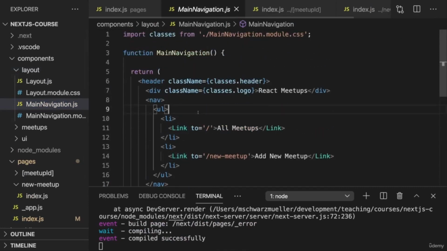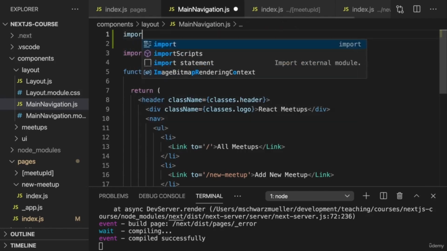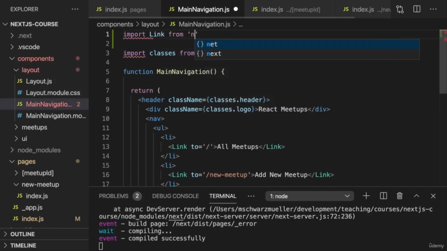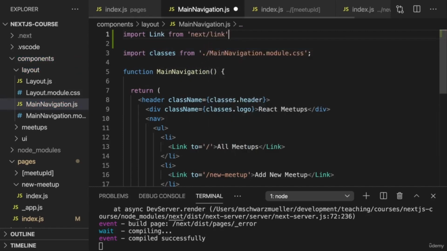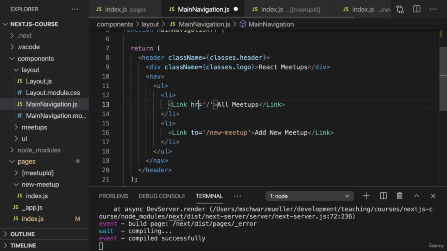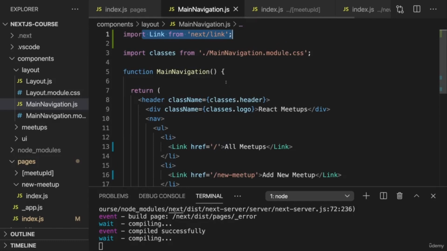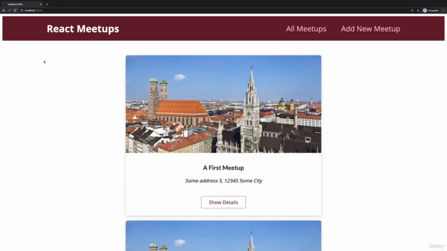Deliberately, because I wanted to do this together with you again, we learned about this link component and we import it from next/link, and that allows us to create those links. However, the to prop then should be changed to href, because the link component offered by Next.js wants this href prop where we define the destination of that link. But with that changed and with that link import added, if we now save everything and reload, we got this